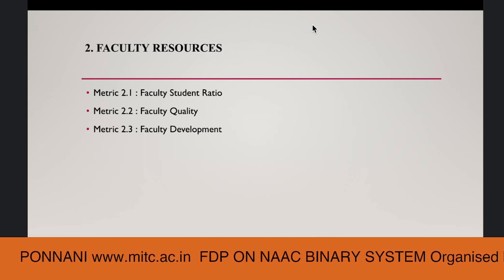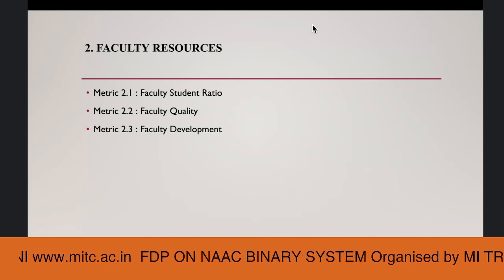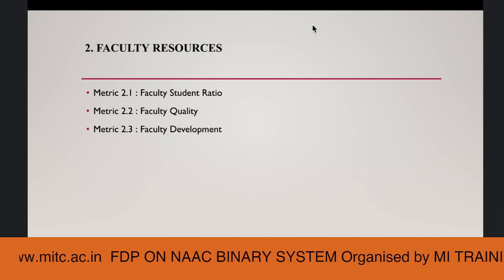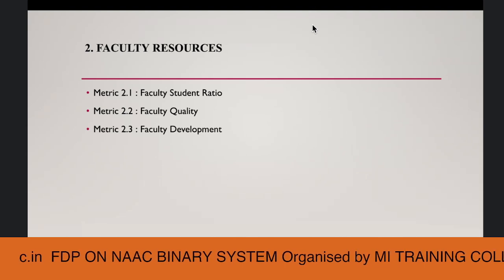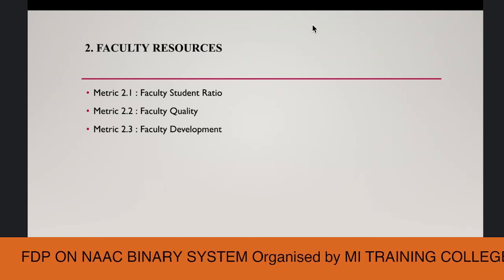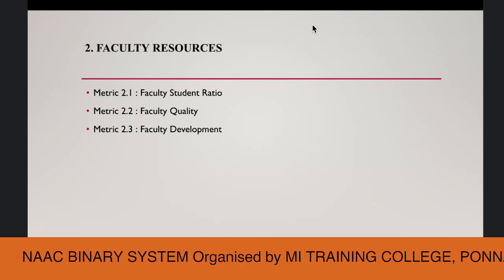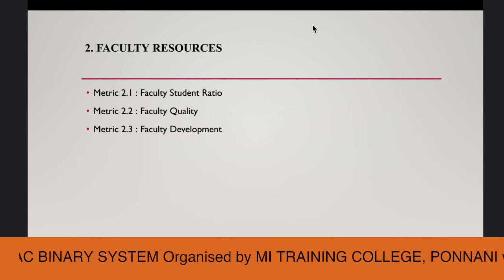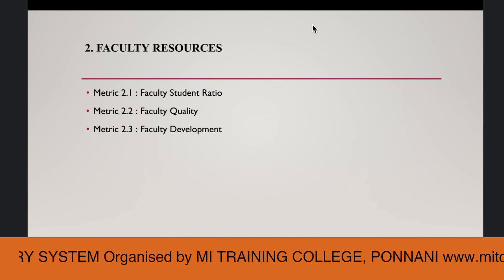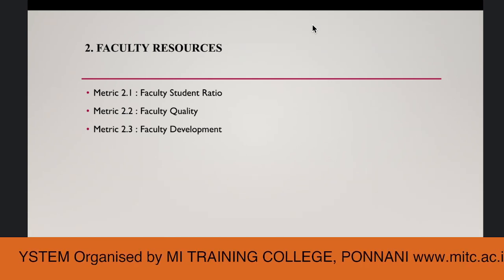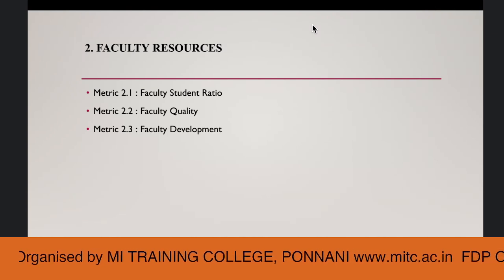we need to focus on the number and quality of teachers that we have, because they all should not be in one segment. You cannot have all of them as assistant professors. You need to have a good line of seniority when you are talking about the quality of teachers. Faculty quality also depends on the percentage of teachers with the doctoral degree. It also talks about full-time teachers. You talk about teachers with qualification of NET, SLET, or whatever is the minimum qualification that is required. And for this you need to keep the documentation ready of all the teachers with respect to their qualification and